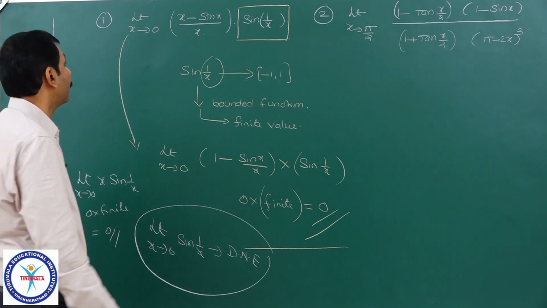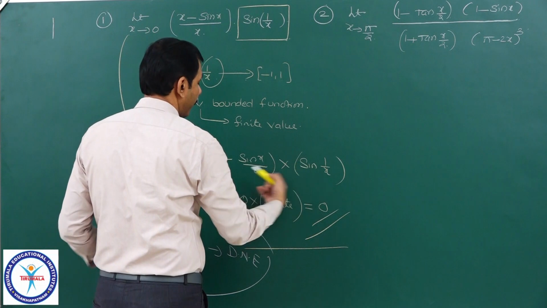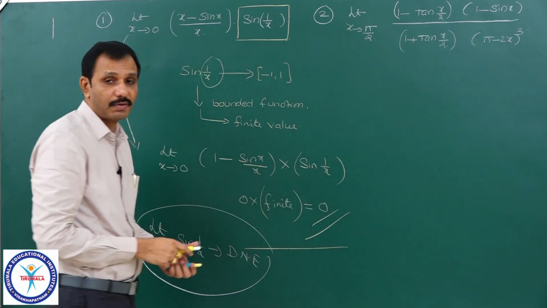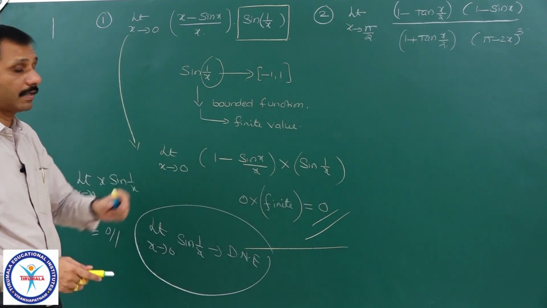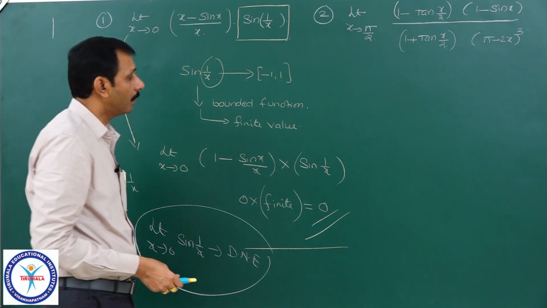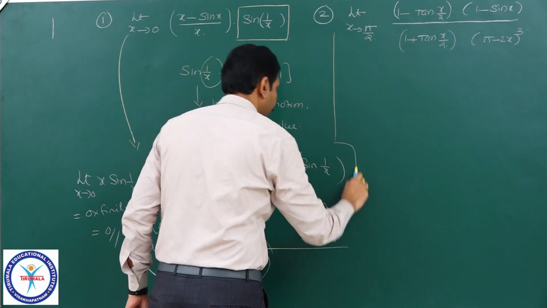Of course, it is of the form 0 into sine of 1 by x, which is clearly a finite value, so it is equal to 0. This limit exists and it is equal to 0. Hope you understood this one. And next, coming to this problem,